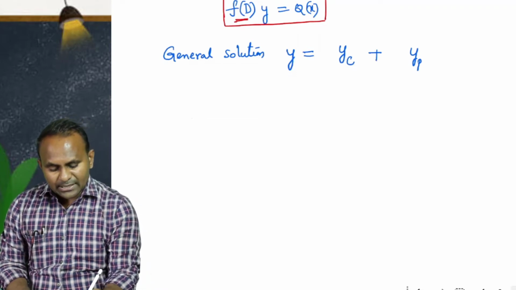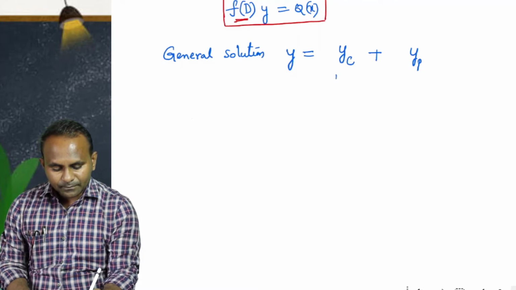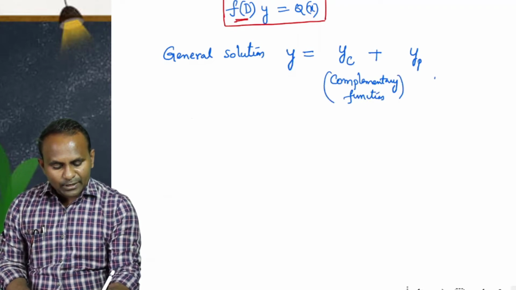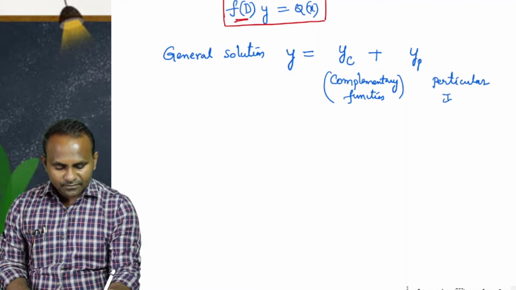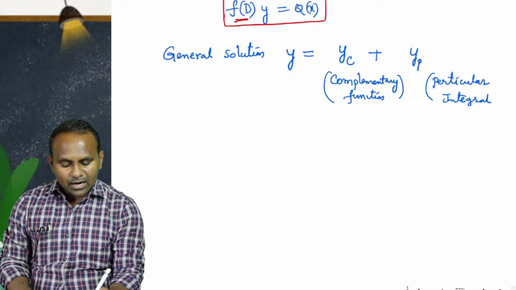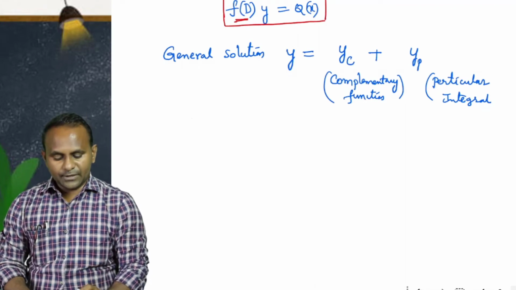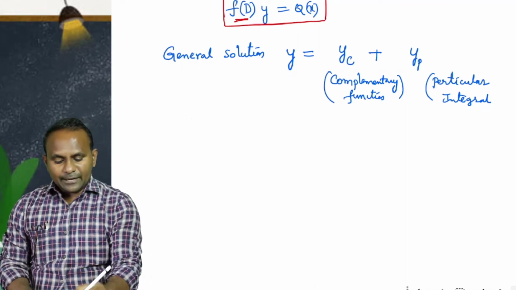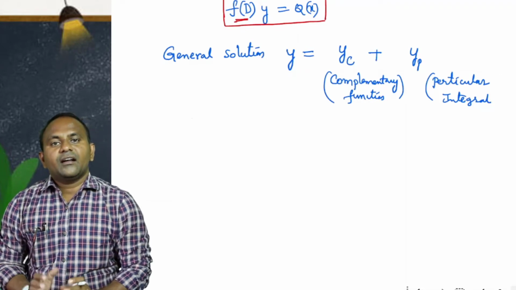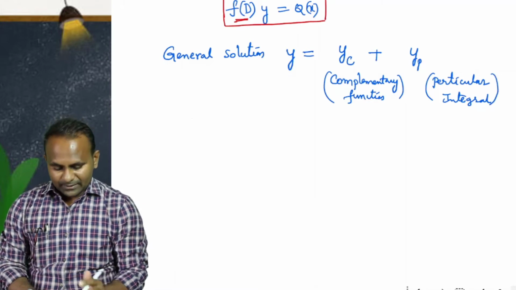So this first part is called the complementary function, whereas the second part is called the particular integral. And firstly, we'll think of how to find a complementary function. So that is what we do for today, right? While solving a differential equation, the solution will be of two parts, like yc and yp, and you're finding the complementary function now here.